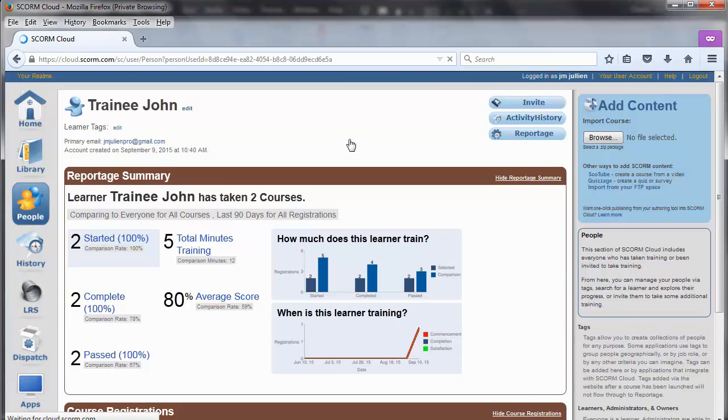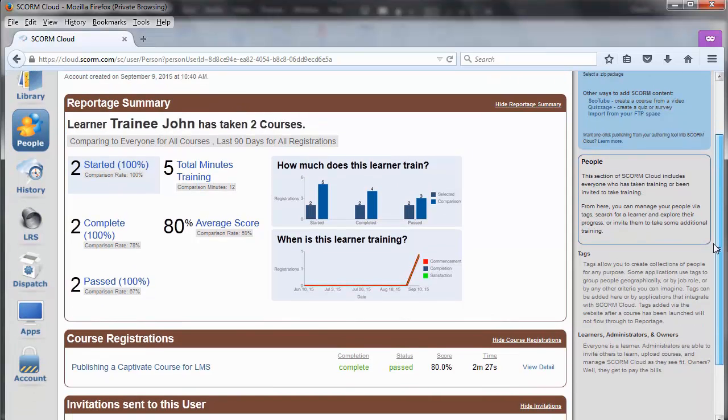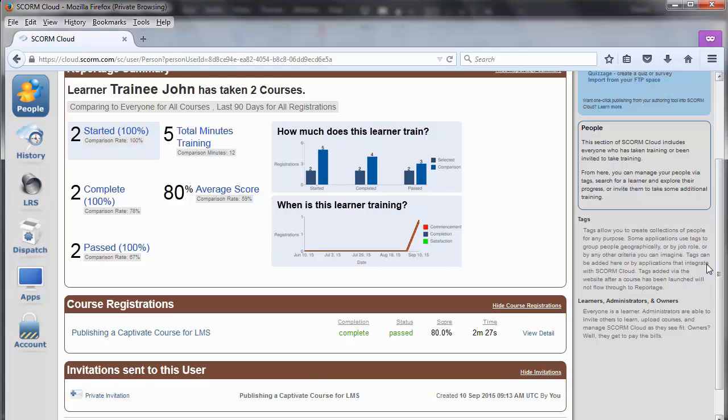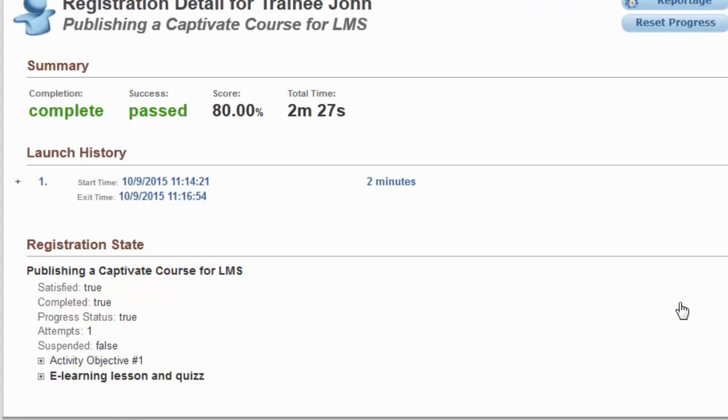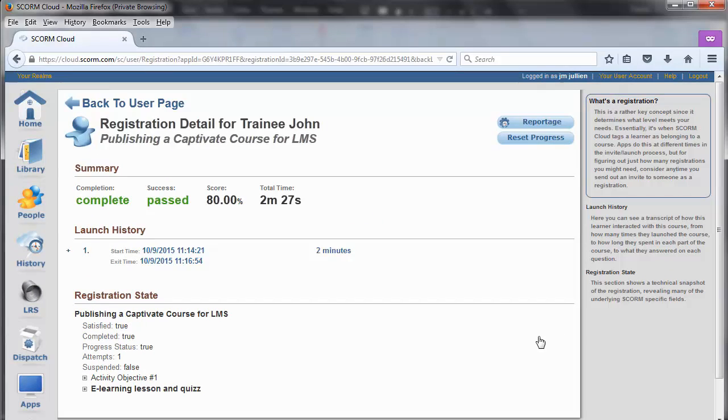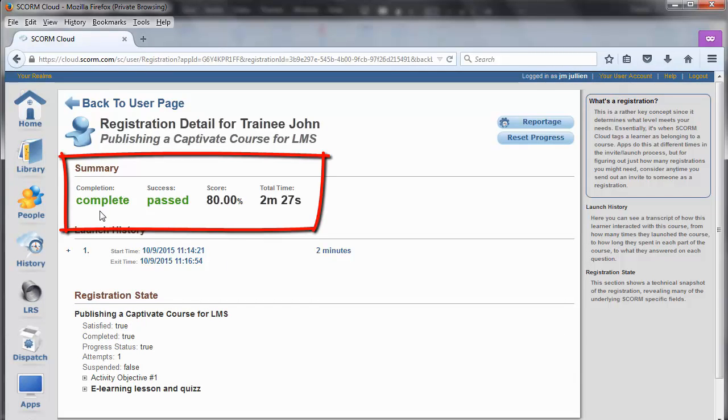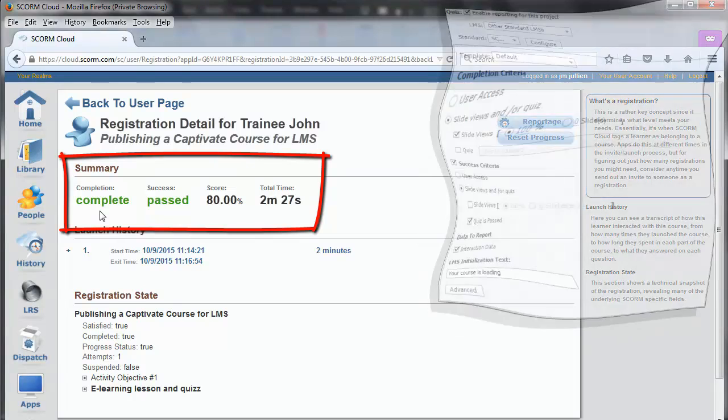The trainees page displays, and in the course registration part beneath, I select View Detail on the line of the course I've followed. In the new page, I have first a summary of what I did. We can see that the completion status is complete, and it's correct because I've well viewed all the slides as defined in Captivate.